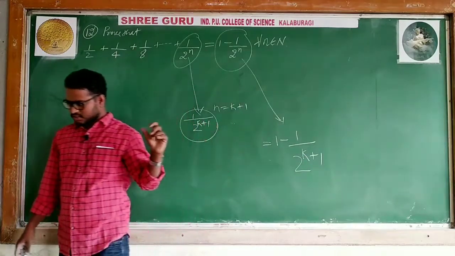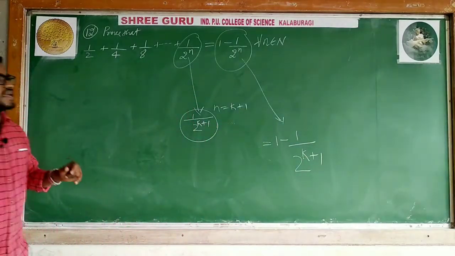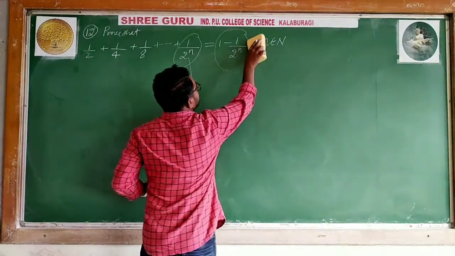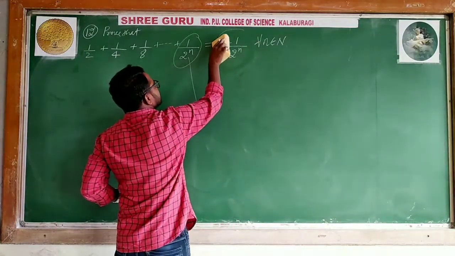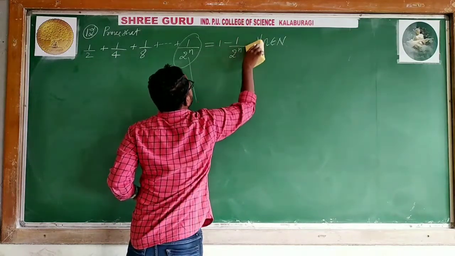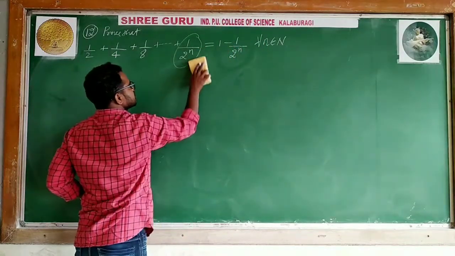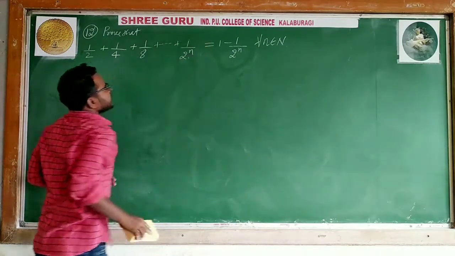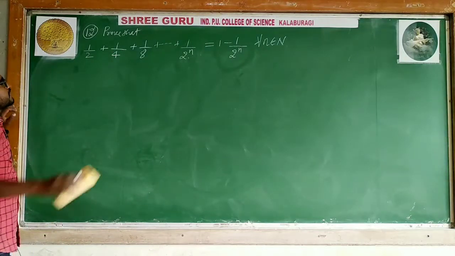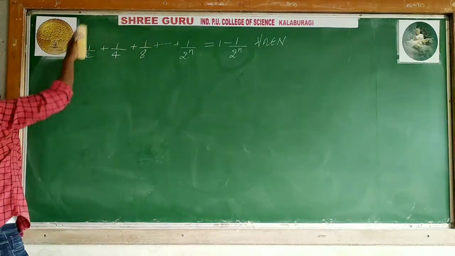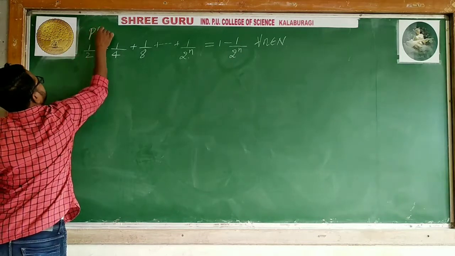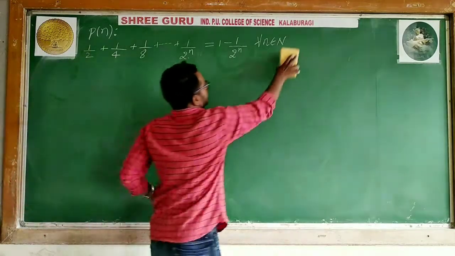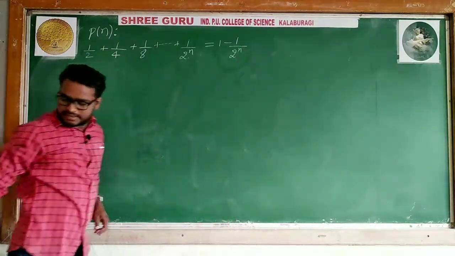Now we will solve it. I think you can try also. Okay, now you have to try with me. We will solve both simultaneously. I will solve here, and you also solve in your notebook. Simultaneously we will see this problem. So what is the problem? Let p of n be the given statement. What is p of n? This problem. Okay, this is simple. Step 1.